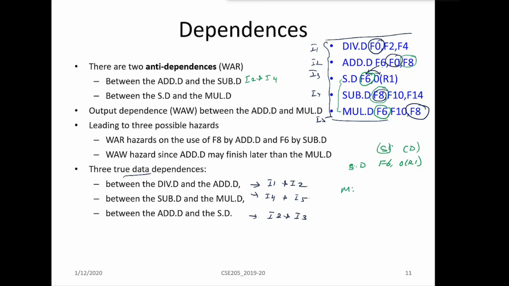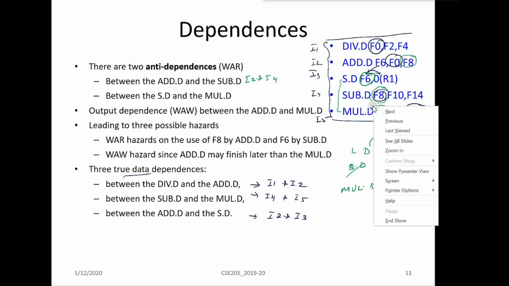In the rest of the cases, if it is mul.d, this is the destination operand, and these are the other two operands. Understood? It will be a destination operand only if it is a load. Here it is a store operand, so whatever data is in this is going to be stored over here. Got it or not? So that's why this instruction has been clearly given as